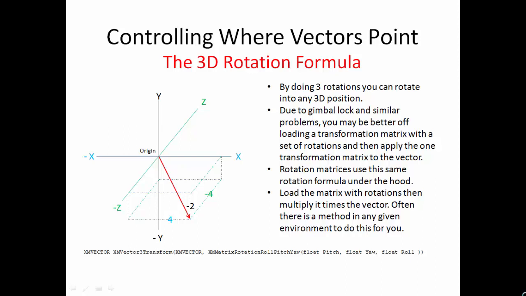So you load the matrix with rotations, then you multiply it times the vector. Often there's a method in any given environment to do this for you. When you're using a matrix to do a rotation, you have your vector, and you multiply the vector times the rotation matrix, and it returns a vector as a result, which will be the rotated vector. Below at the bottom is an example of this from DX11. This is pseudocode, where XMVECTOR is a 3D vector,